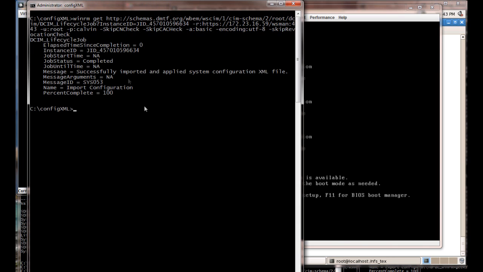So you see here now we're at 100% complete, and it shows successfully imported the system configuration XML file. So let's go ahead and check